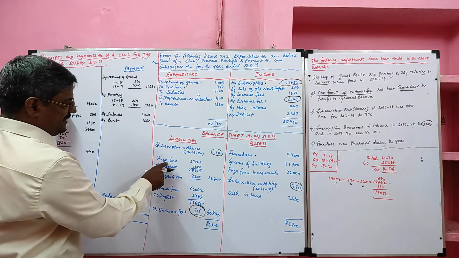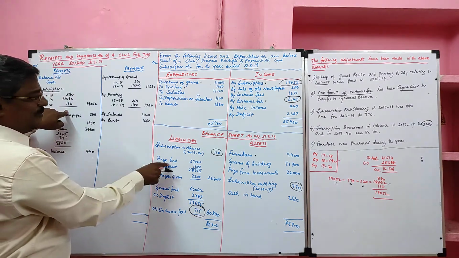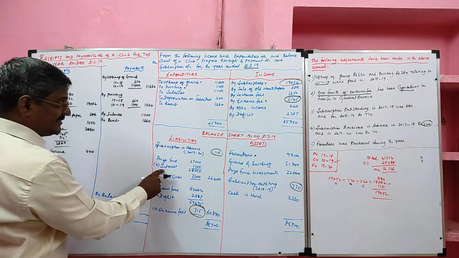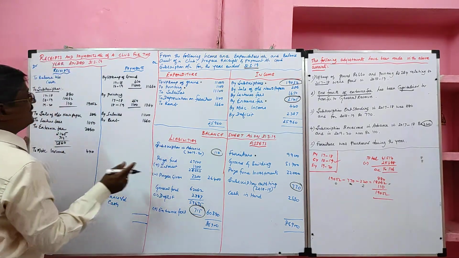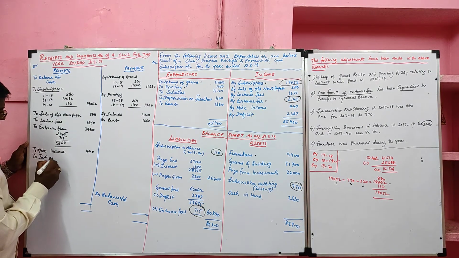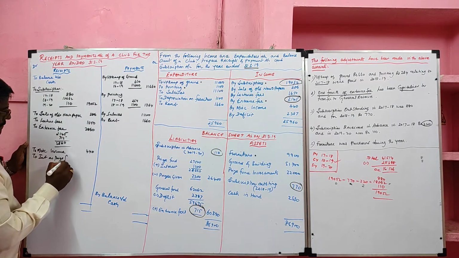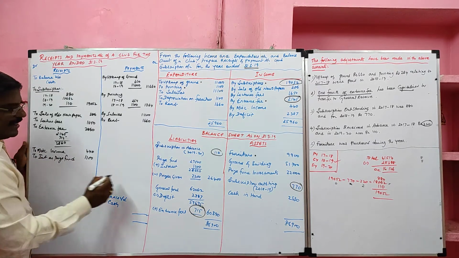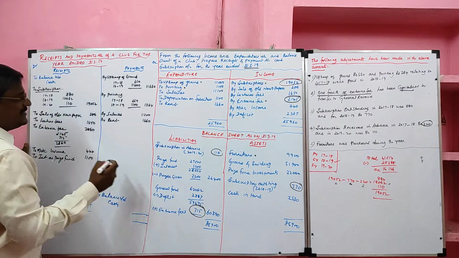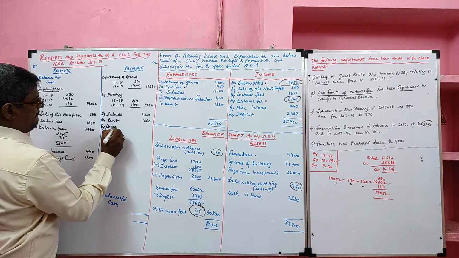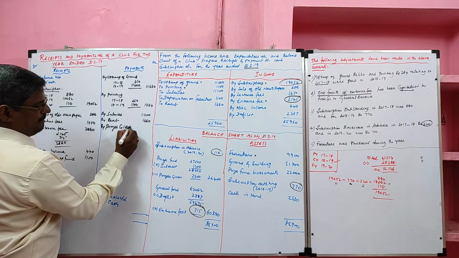Then prize fund, it will not be recorded because the opening balance of prize fund is not recorded in the receipts and payment account. But the next item is interest received on prize fund. It is a receipt. Interest on prize fund, it is a receipt 1,100. Then prizes given, it is a payment recorded in the payment side.